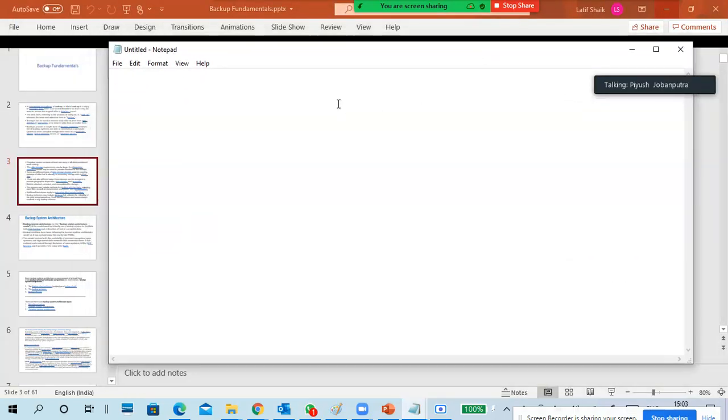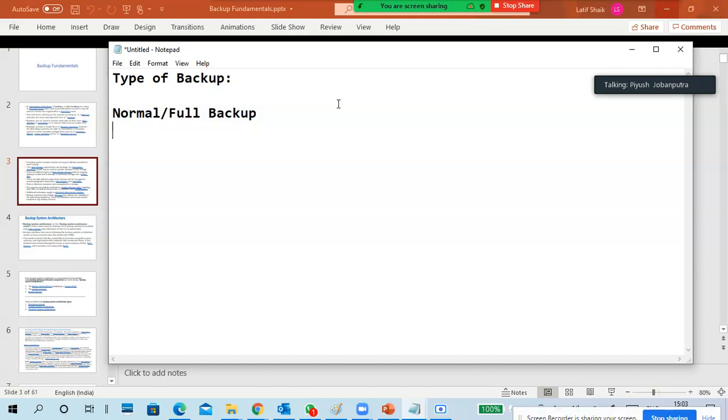See here it is. We'll start with the type of backup. So last time I explained clearly, but still I again want to explain. So normal or a full backup. The first type of backup is normal or a full backup. So we'll take the backup of a complete system or a complete data. So that is called a normal backup or a full backup.